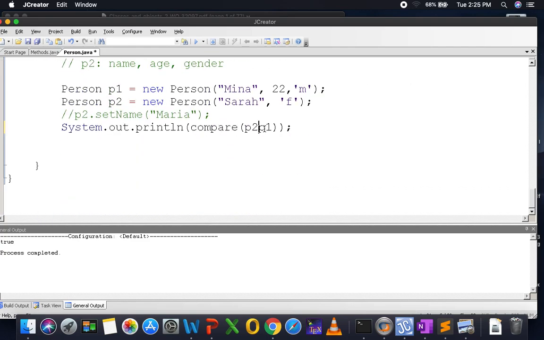Thus, in this case, if I have here P2, and I want to call the instance method that takes only one parameter, which is the person, you always have to invoke it on, let's say, P1 in this case, which is another person. And what you will be getting here is, since the age of Mina is not greater than the age of,